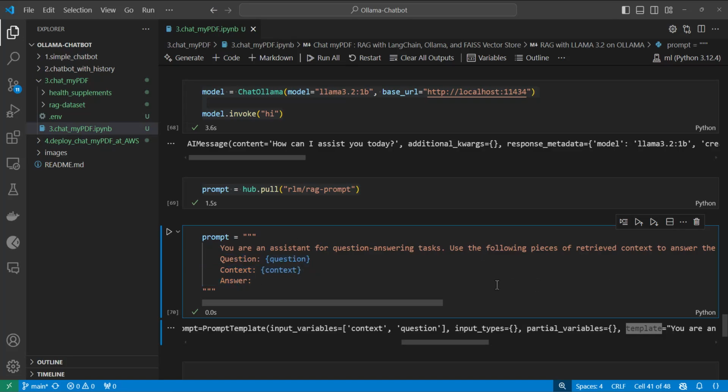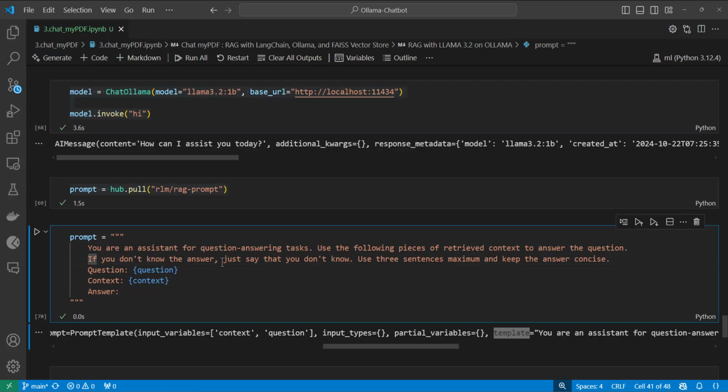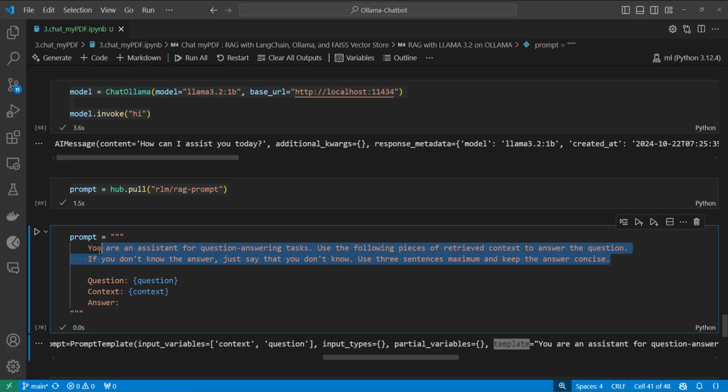Now let's say you want to do some modification in this prompt. Let's say I want to tell my LLM that I always answer in bullet points. Currently there is nothing related to bullet points, although it says to answer in a maximum of 3 sentences. So it will keep the answer short and brief, but it's not guaranteed that it will give you the answer in bullet points. So I'm going to write here, if possible, answer in bullet points, and then I'm going to say here,